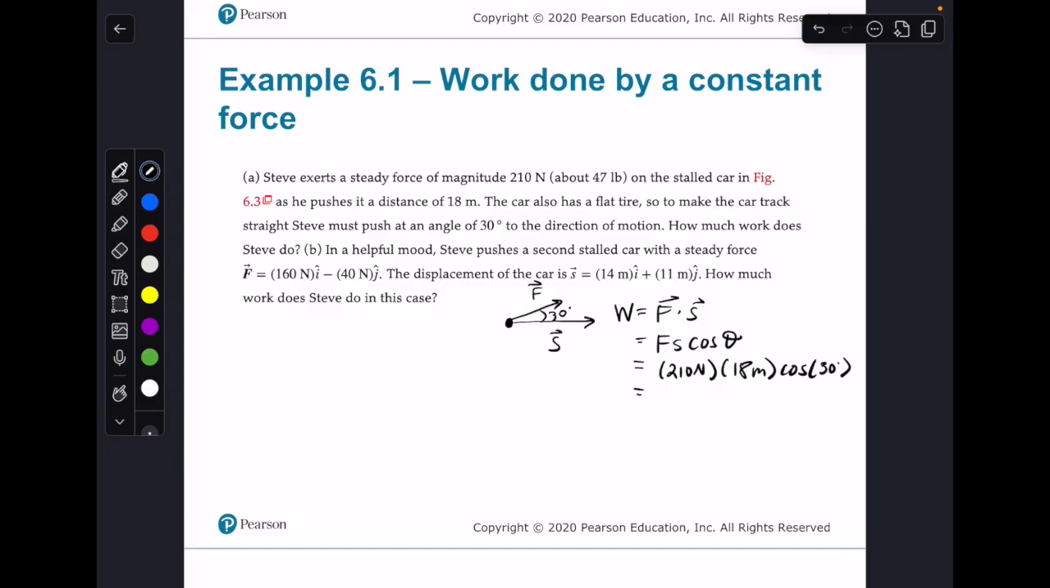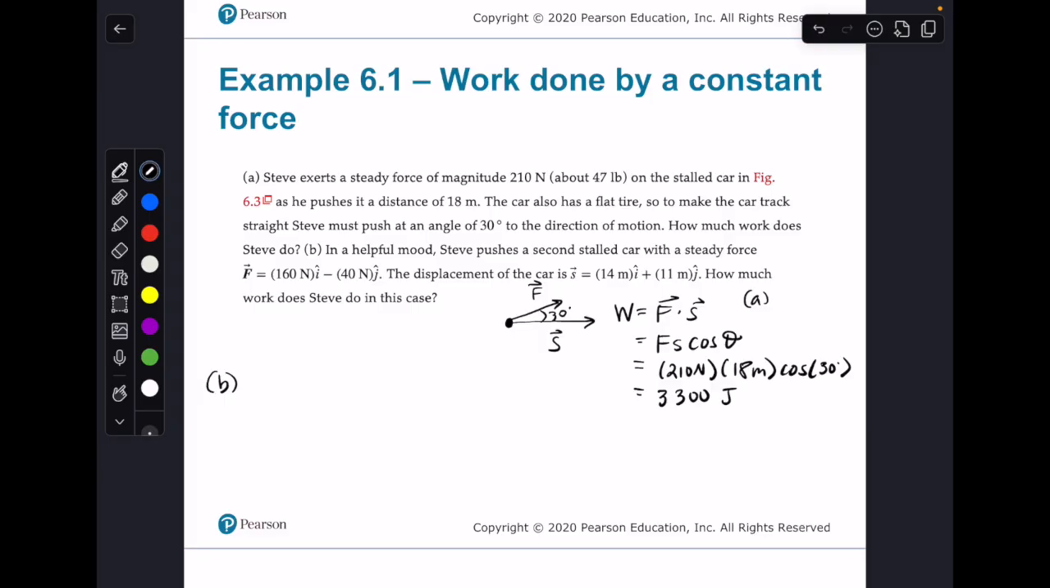Right, and that comes out to be 3,000, let's say 3,300 joules. 3,300 joules. So that's part A. And then in part B, Steve is pushing another car, but the way that we're given